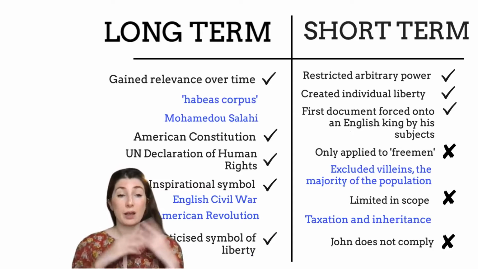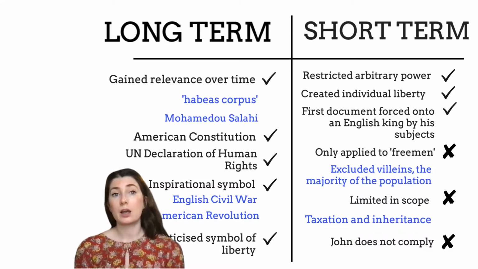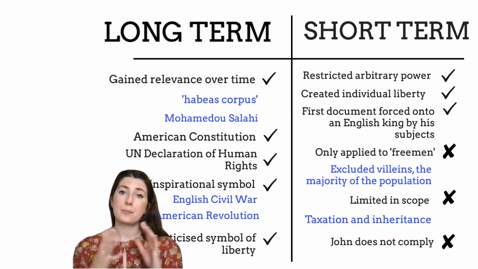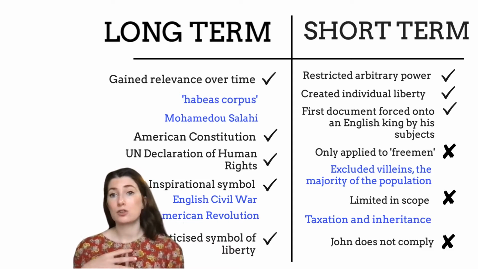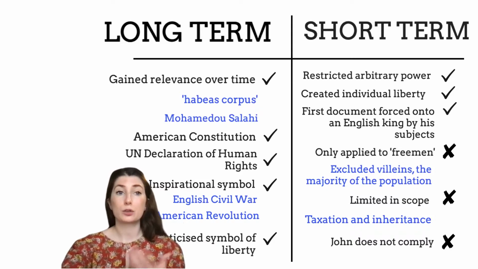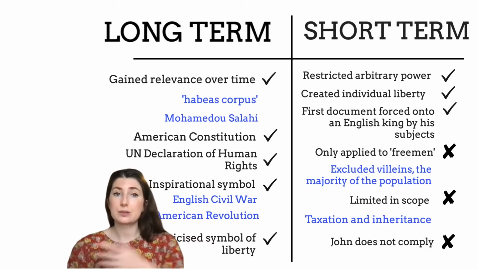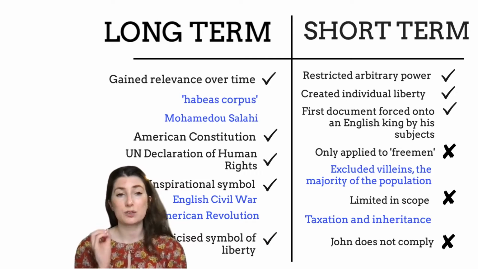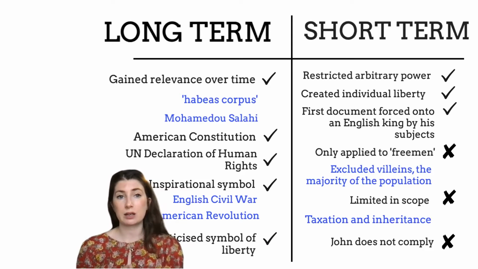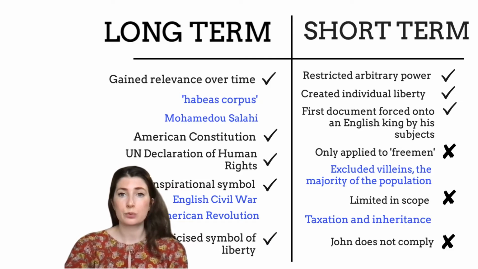So there is my essay plan for this essay. Now, if you were to follow that completely, you would have all of the information you need to write a really excellent full marks answer. Thinking about vocabulary, making sure you include arbitrary power, restriction of arbitrary power, the creation of individual liberty, the significance to later generations, really important, and getting in those blue bits of information I've put on the screen now and that I went through earlier on, where you're really using precise examples.